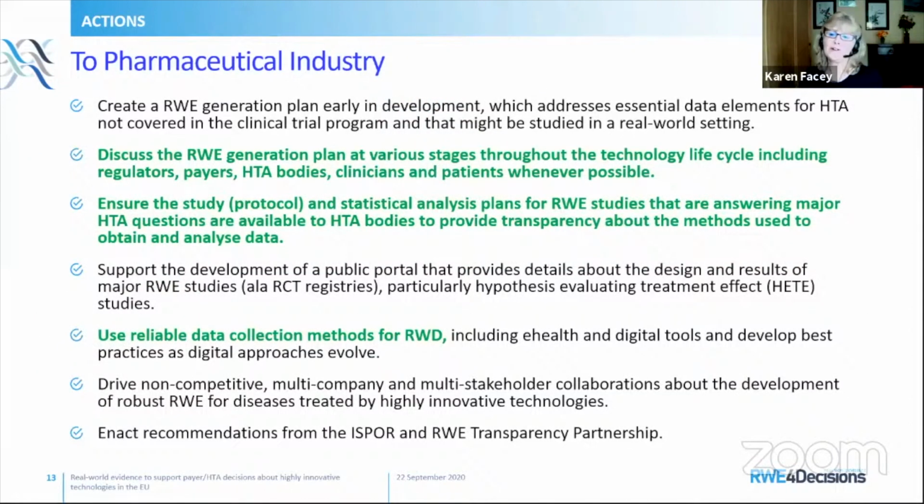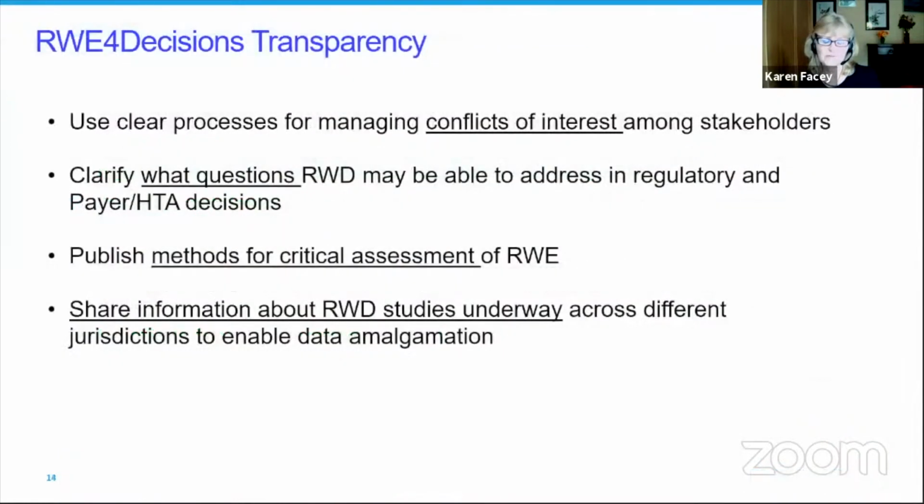And then if we look at the actions that we had proposed for industry, we were clear that they need to think about generation of real world data over the life cycle. And like others earlier in the discussion, we were clear that we want to know your plans. We want to understand how that's been planned, what the statistical analysis plans are, and we push for transparency around that. So sharing these in something like the NSET portal or elsewhere. And we are also interested in where that data is going to come from. Is it just going to be US, or where are you going to get your European data collection?